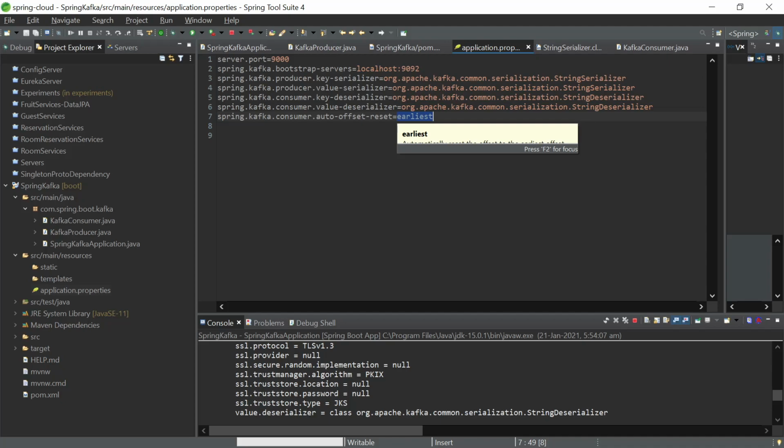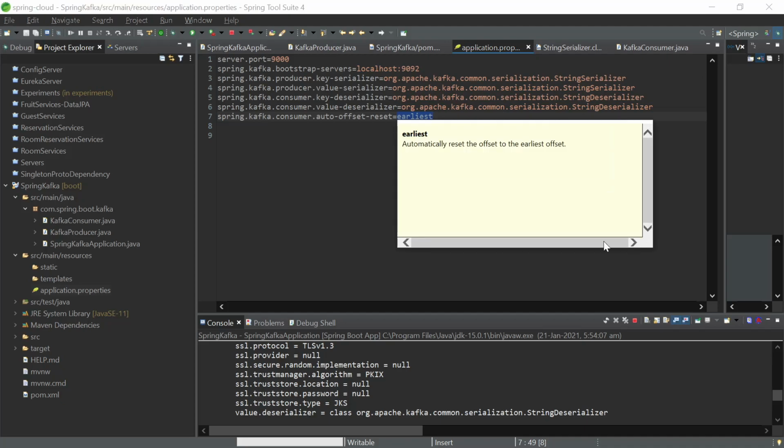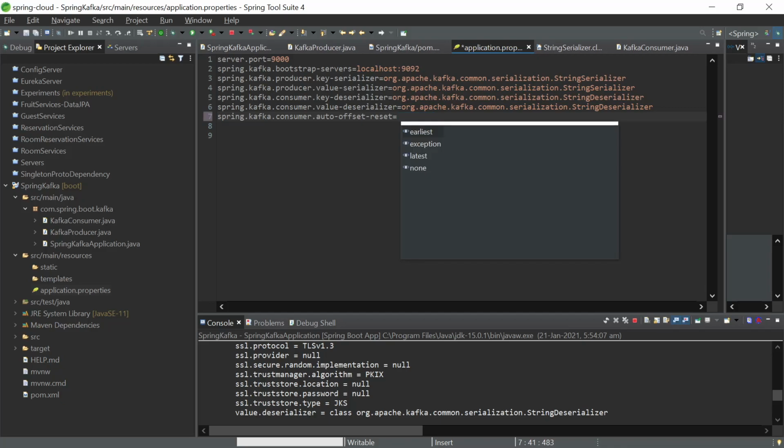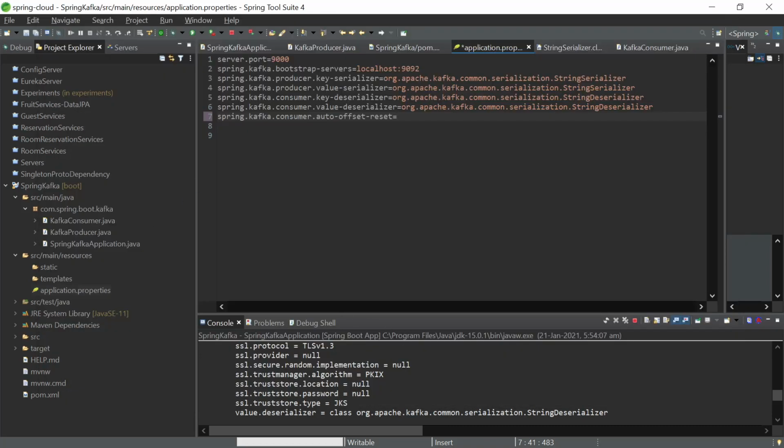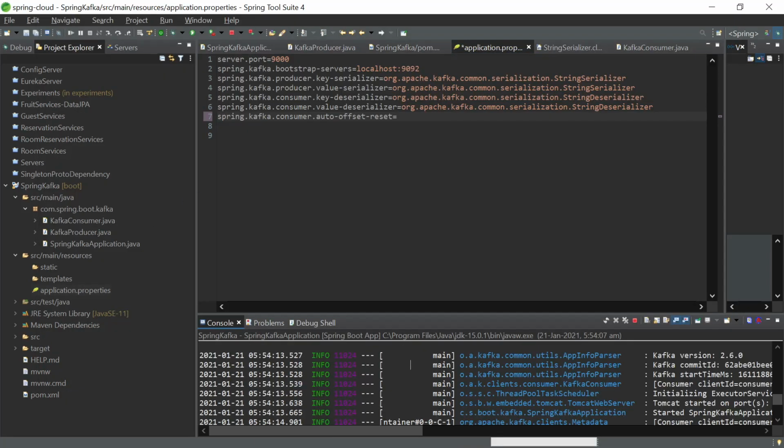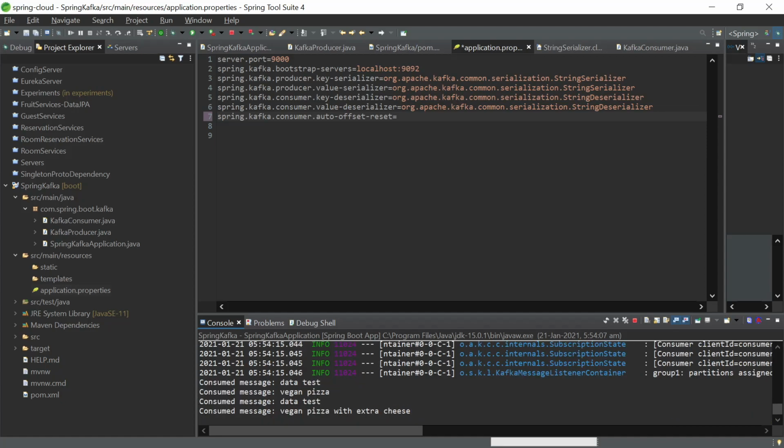So it starts at the beginning. Now if we had gone for a different value, latest, then it would have just continued with the default behavior that we saw over here. If you can see, there are only three messages, whereas we have seen four messages here, because the first one was produced before the console consumer was up.